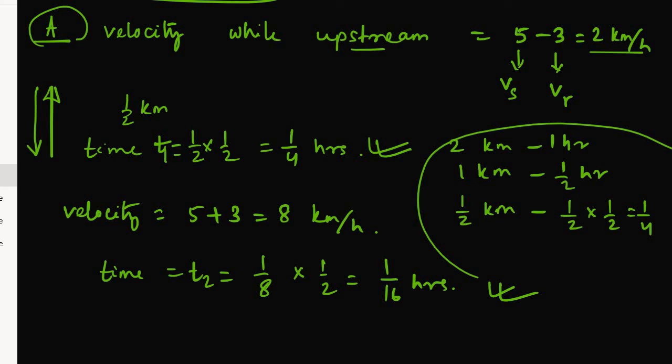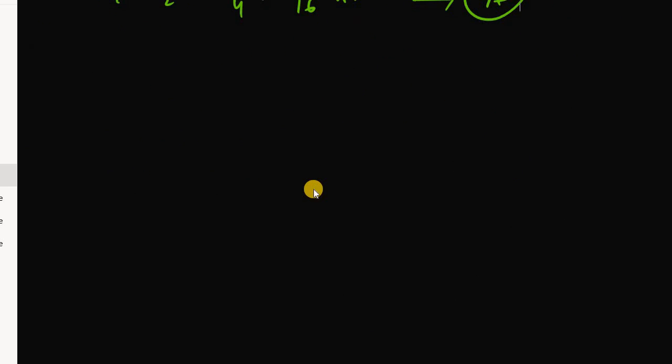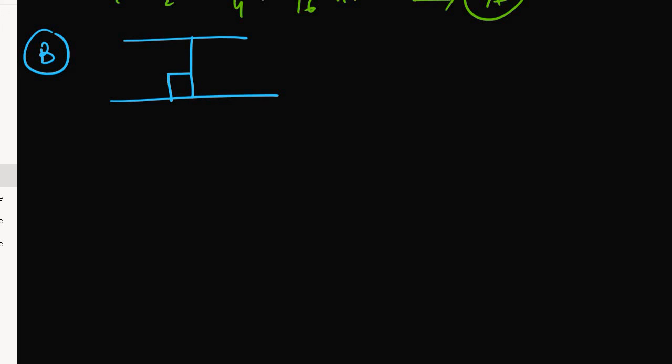Now the time taken will be added up because he is traveling twice the distance. So T1 plus T2 equals 1 by 4 plus 1 by 16 hours for person A. Right? What will be the resultant velocity of person B? Now for person B, I am writing in blue, he is traveling straight. And I showed you how the swimmer's velocity should be such that the resultant is perpendicular to the river flow so that the swimmer can travel straight with Vs. I have shown you.